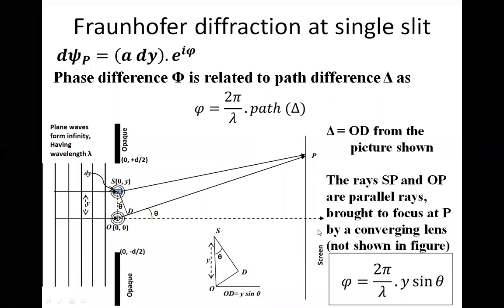SP and DP are parallel lines. Then how can we get an angle? Which angle are you talking about? Please don't get confused. SP is making an angle theta with respect to horizontal, not with respect to OP. I repeat, SP is also making an angle theta with respect to horizontal. So if you draw a line at S parallel to the x-axis, that angle will also be theta.